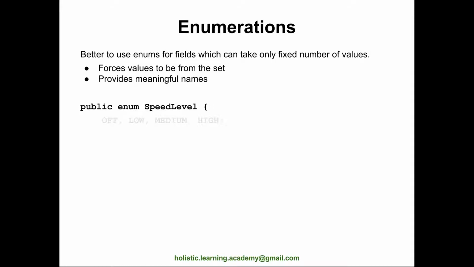All right, so for example, speed level, just like you declare a class, you would say public, and then you will say enum and the name of your enum. This is the same as the name of your class. Enums are essentially syntactically equivalent to classes. Syntax wise they are the same as classes. This entire code will be inside SpeedLevel.java. And then here we are saying off, low, medium, high. Now what we are doing is speed level is going to be restricted to these 4 values.